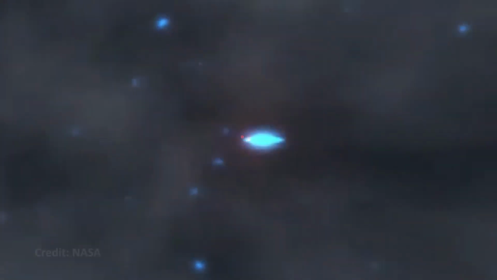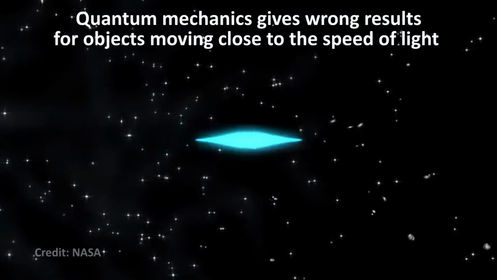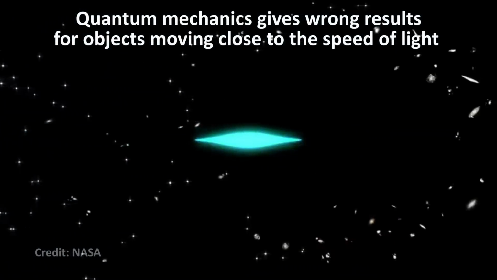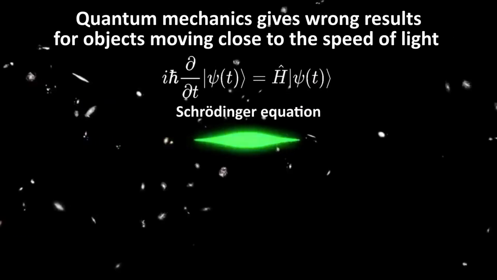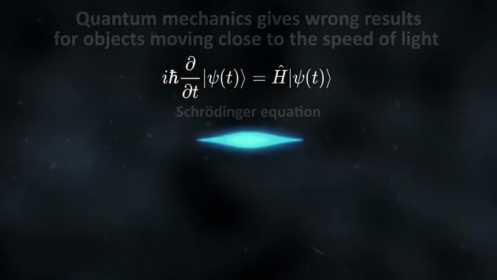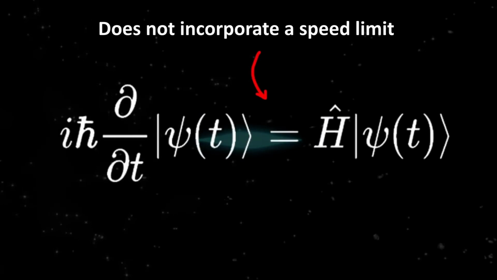First of all, quantum mechanics is not relativistic. That is, it will give you wrong results if the quantum object is moving close to the speed of light. Schrödinger's equation simply doesn't obey Einstein's theory of special relativity. The practical result of this is that it doesn't incorporate a speed limit,